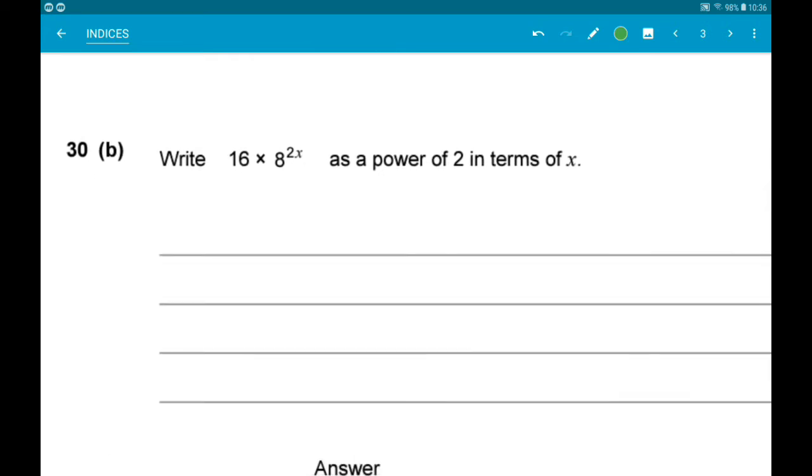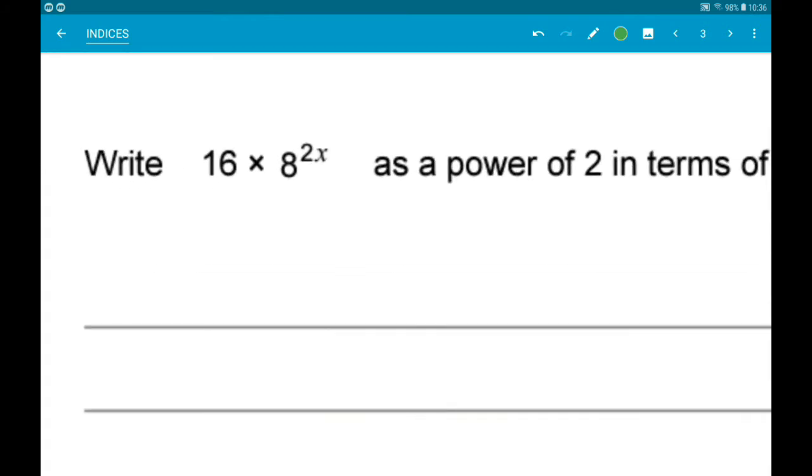Okay, then for part B, we want to write 16 times 8 to the 2x as a power of 2 in terms of x. Okay, so here then we have indices with different bases. So as a power of 2 means we want to have 2 as the base, so the number on the bottom. So 16 is 2 to the power 4. So we have 2 to the power 4